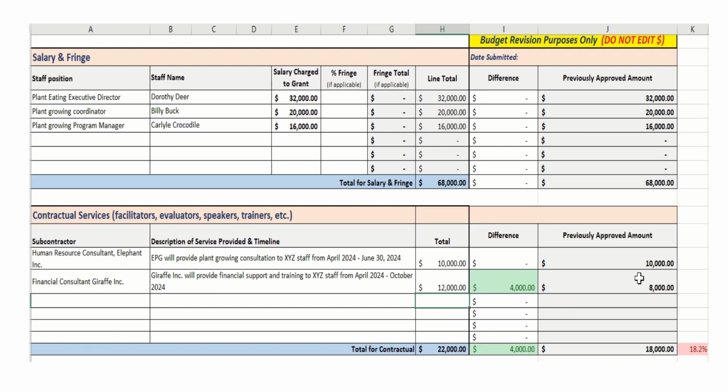You can see in green that $4,000 has been added to the financial consultant's fee. Then go into the description section, do a strike through of October 2024, and add in January 2025.